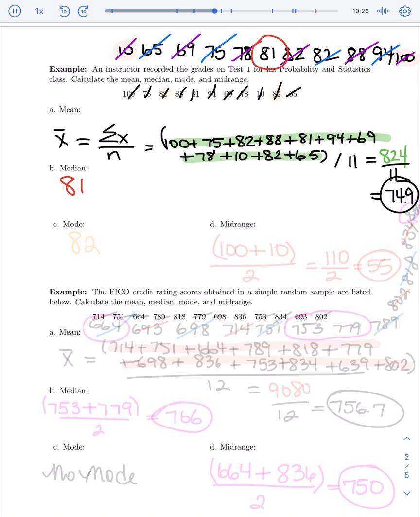The mode is the number that occurs the most. There's only one number that occurs more than anything else in this entire data set, and that's 82. It's the only number that occurs more than once, so our mode is 82. What's our mid-range? Our mid-range is the average of the highest and lowest value. The highest value was 100. The lowest was 10. If we average those two, 100 plus 10, divided by 2, that's 110 divided by 2, which is 55. That's our mid-range. In this next question, we're again asked to find the mean, median, mode, and